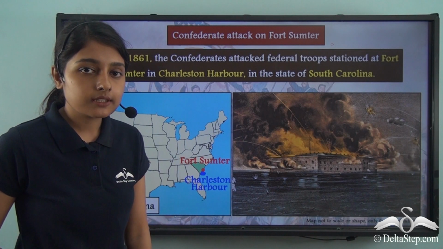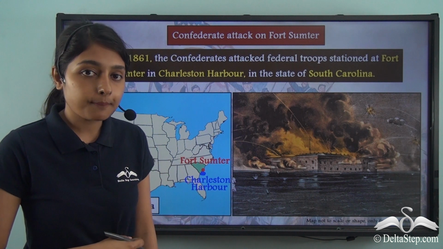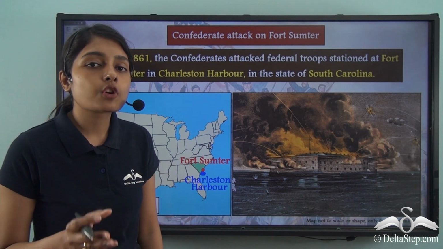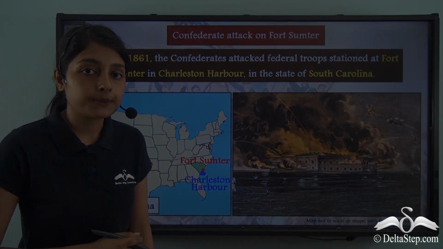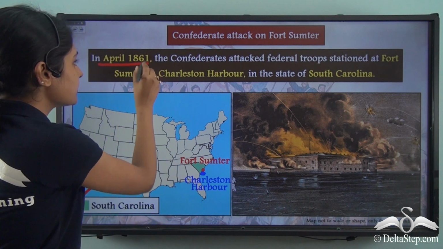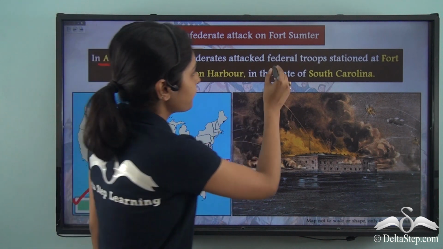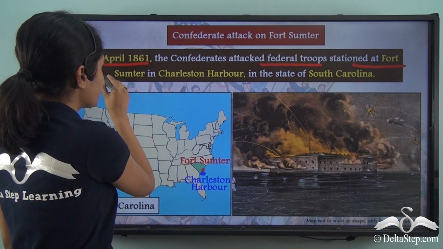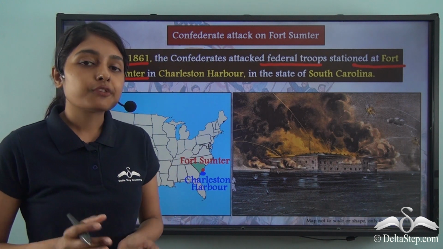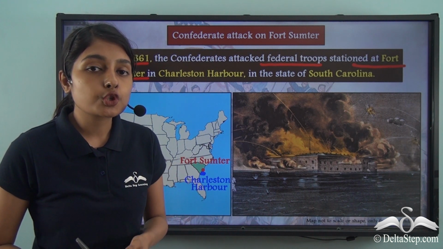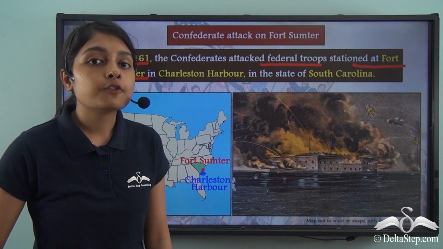In Fort Sumter, which was located in the southern state of South Carolina, something very important happened. Now South Carolina was not just a Confederate state, but in fact it was the first state to secede from the Union. So in April of 1861, the Confederate forces attacked the Federal troops that were stationed at Fort Sumter. Now what happened in this Fort Sumter? The Federal forces, or the US military troops, were surrounded by the Confederate troops from all sides. And what followed was